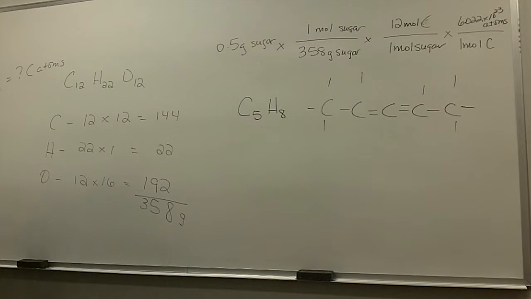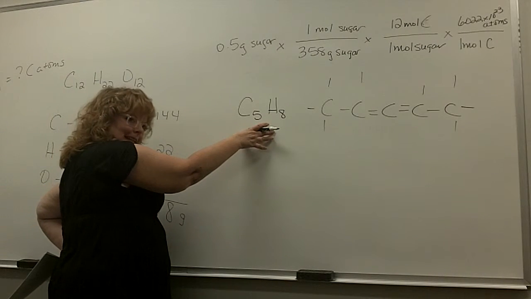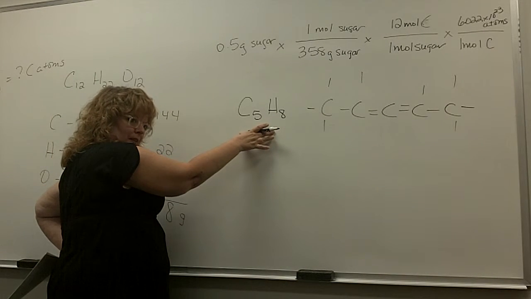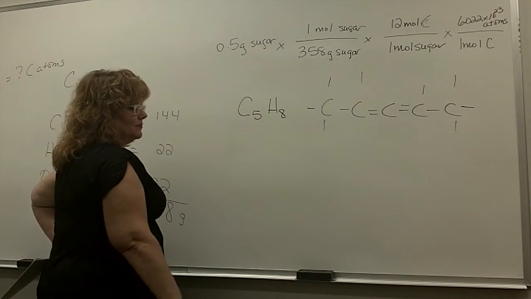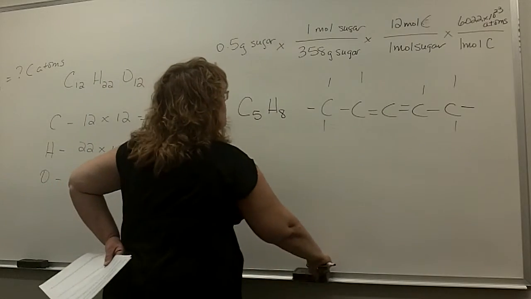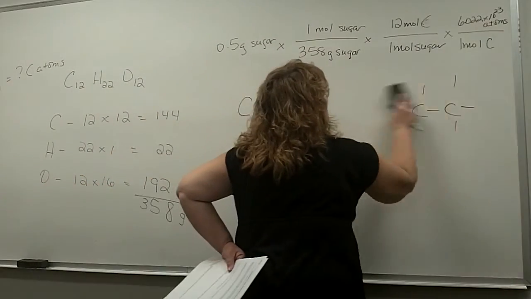And I might say this structure is an alkene, which means it would have double bonds, or is it an alkyne, which means it has a triple bond? What if it were